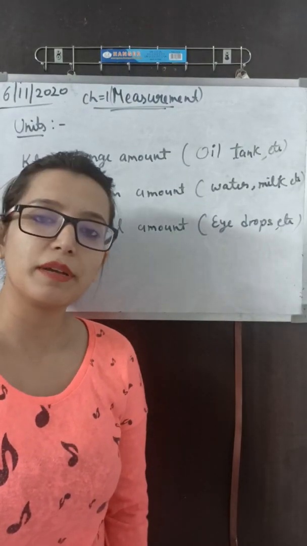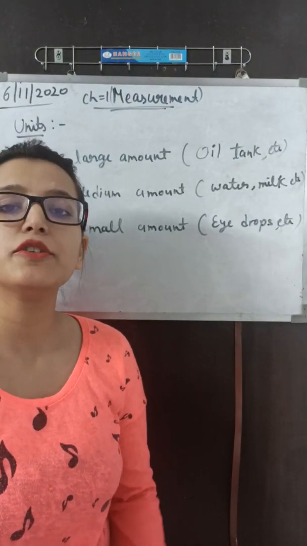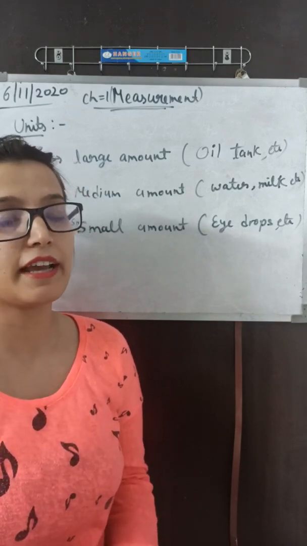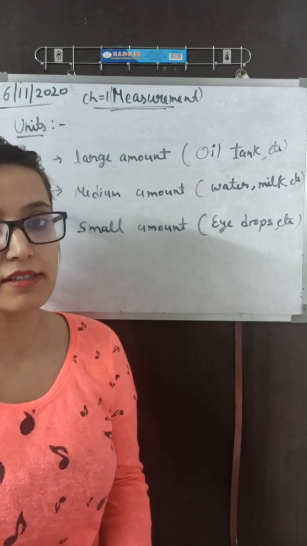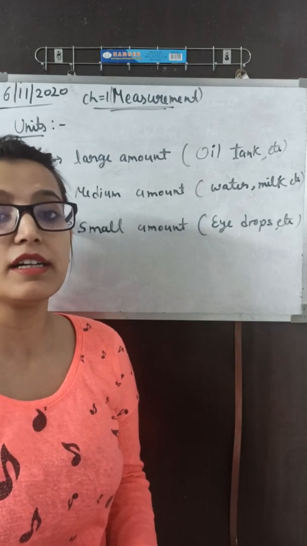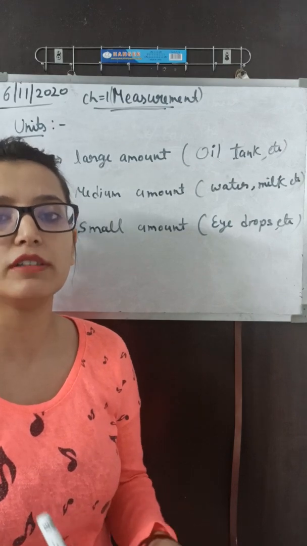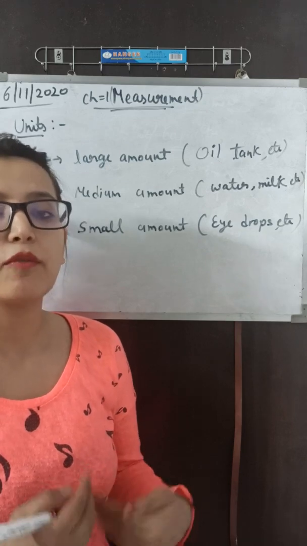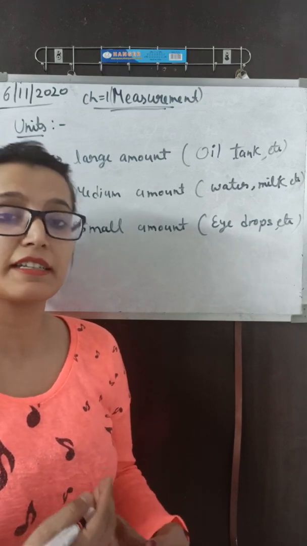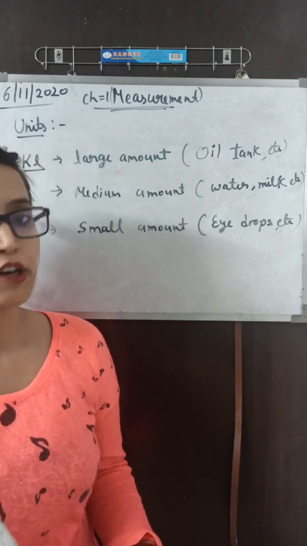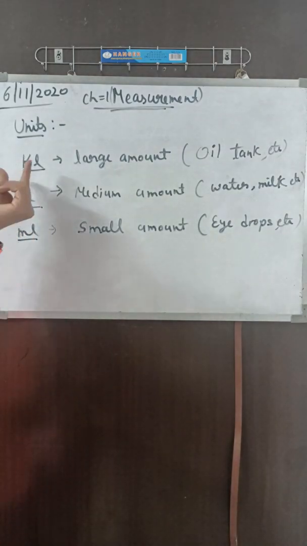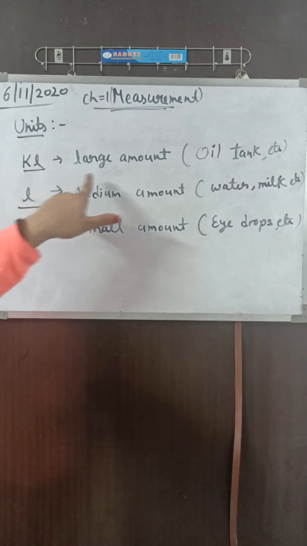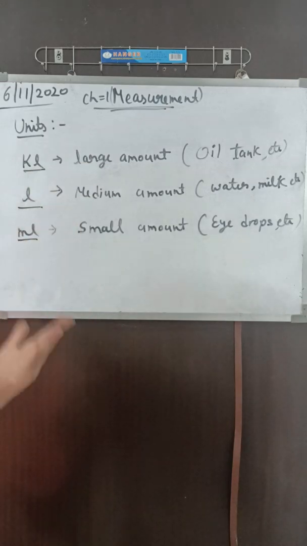Now let us learn how to measure the capacity of any container. As you can observe in your home also, your mom used to measure quantity with the help of cup, spoon and glass, but they are not a standard unit. They all are called non-standard units. That means this is not approved by the government. That's why we are using some units for measuring capacity which are approved by the government. And what are these? They are kiloliter, liter and milliliter. Kiloliter we are using for measuring large quantity and large amount.